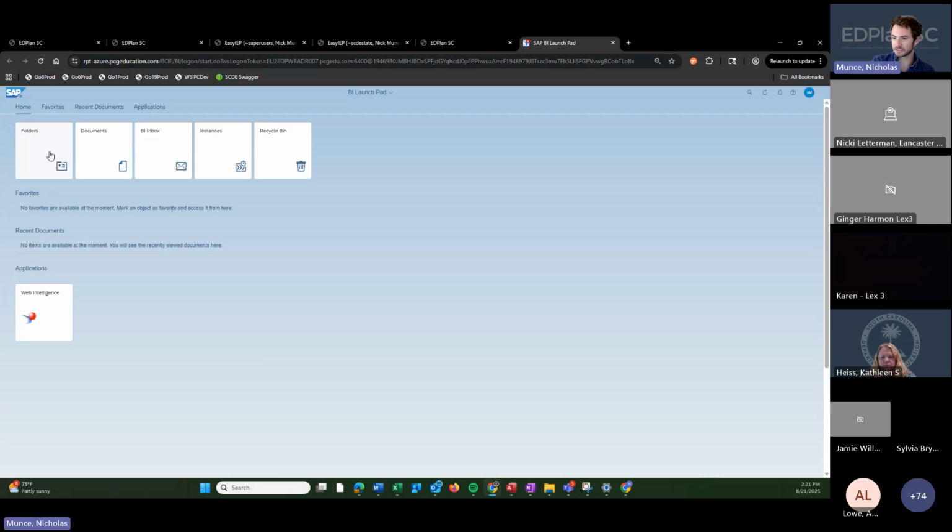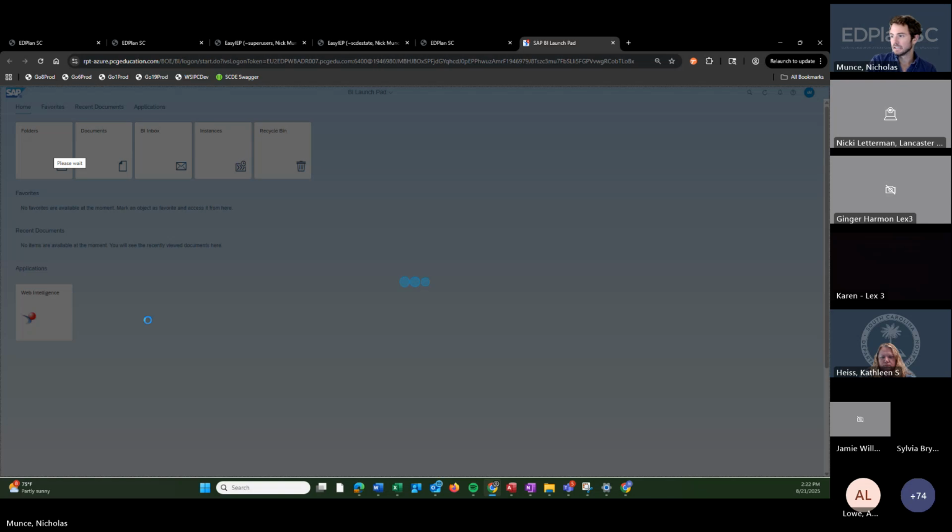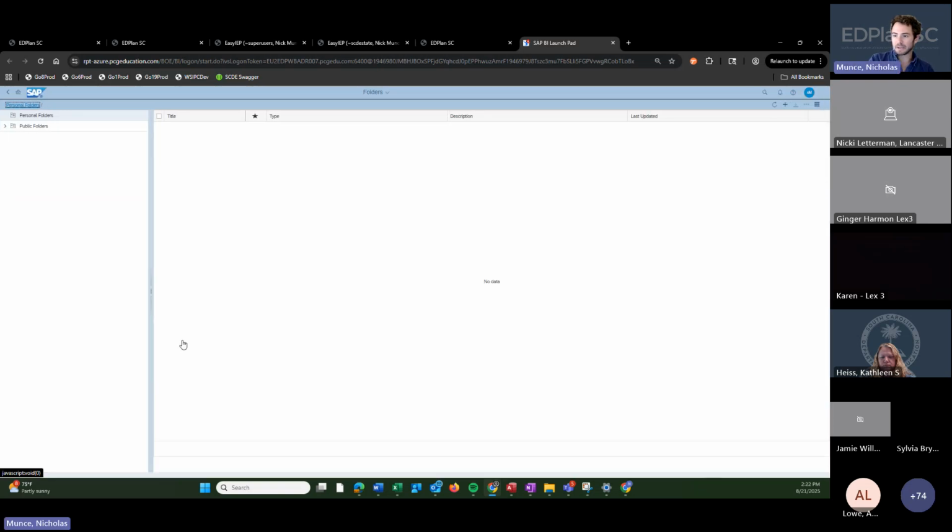So if you click on folders, there are two main folders inside of advanced reporting. If you look in the far left, it's a little tough to zoom here, so I apologize for that, but you're gonna have to look up here. There's the personal folder, and that's like your own personal account. It's like your hard drive on your computer. It saves for you. You can see it, you can run it, other people cannot. So the personal area is just for you.